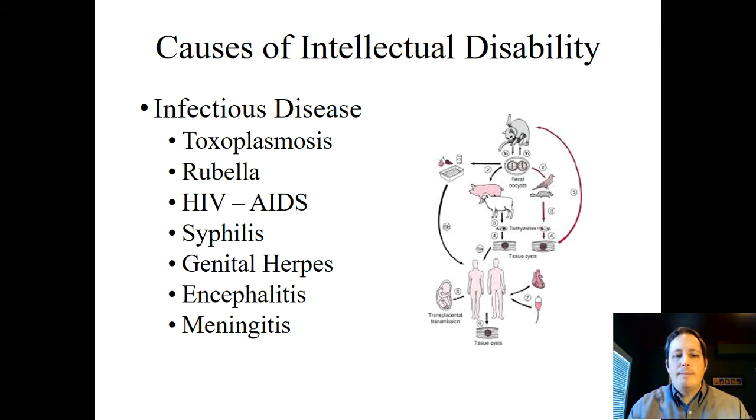You also have rubella, which is a viral infection that results in severe intellectual disabilities and possibly even death if contracted while the woman is pregnant. The good news is the vast majority of women will be immune from rubella because that is one of the vaccines you get as a child in the MMR vaccine. It stands for measles, mumps, and rubella. If you have that, then you usually don't have to wonder if your child will have an intellectual disability due to rubella.